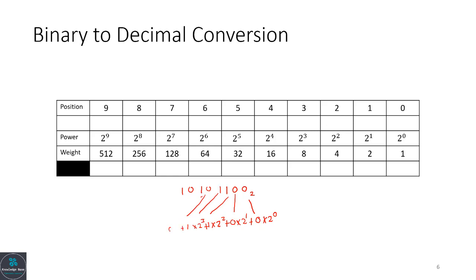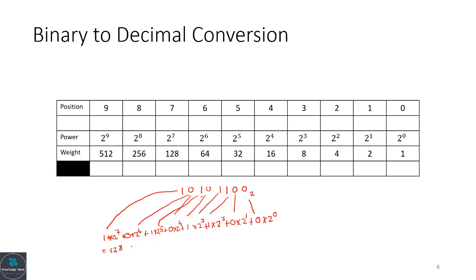plus 0 into 2 to the power 4, plus 1 into 2 to the power 5, plus 0 into 2 to the power 6, plus 1 into 2 to the power 7, right? So we'll get